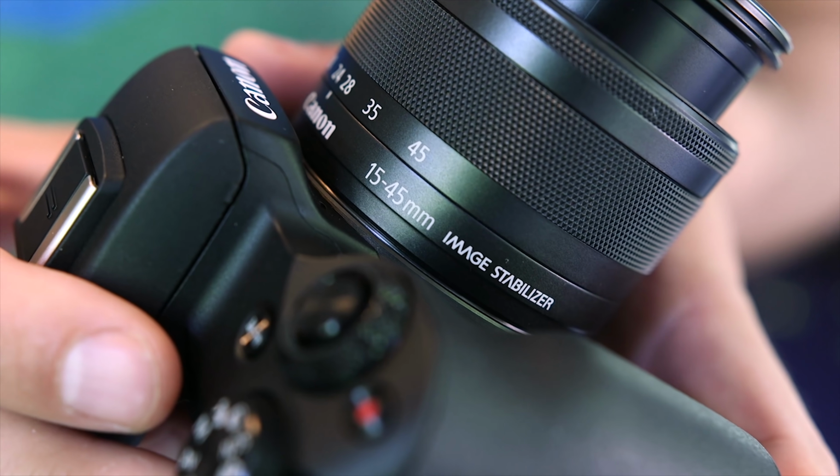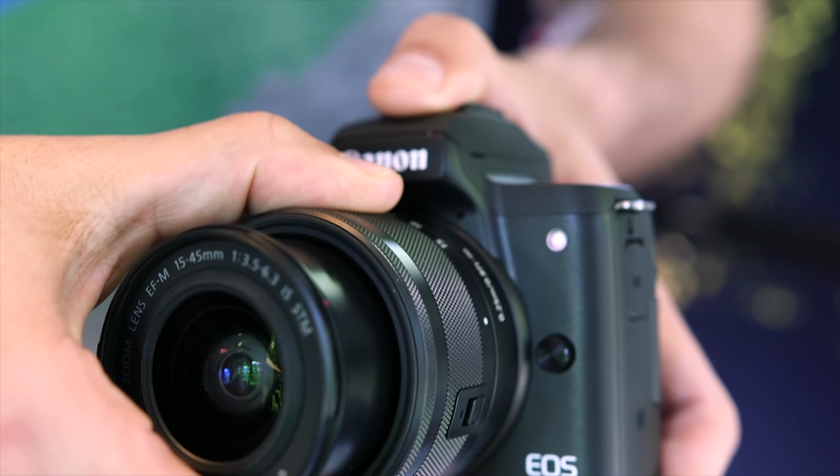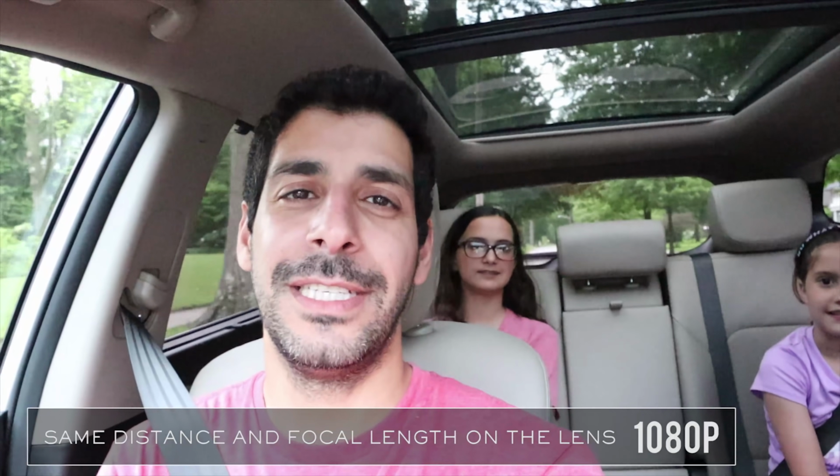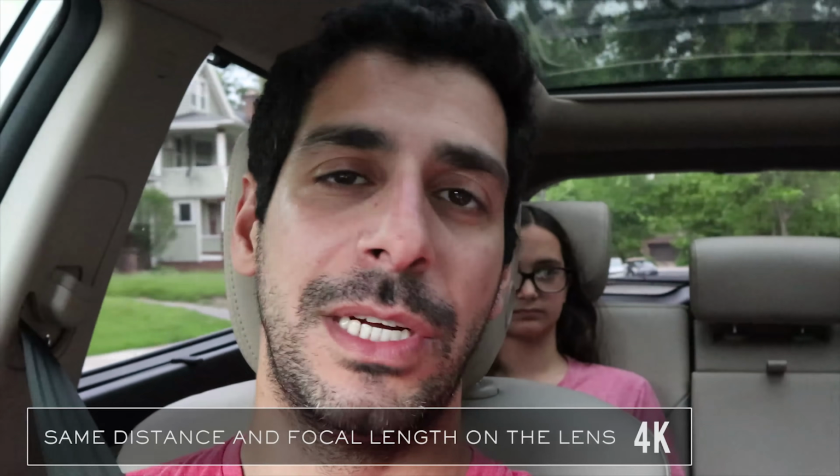Let me explain this in a little more detail, just in case you're not sure what crop factor means. APS-C sensors, like the one in the M50, already have a 1.6 times crop factor, which means that when you look at a lens that says it's 15 to 45, you actually have to multiply that by 1.6 in order to get the 35mm equivalent. So a 15 to 45 actually ends up being a 24 to 72. That means that at the widest point, you're actually shooting at 24 instead of 15. Now, if you're shooting in 4K, you're now adding another 1.6 crop factor. So now the 15 to 45 actually becomes a 38.4 to 115.2,